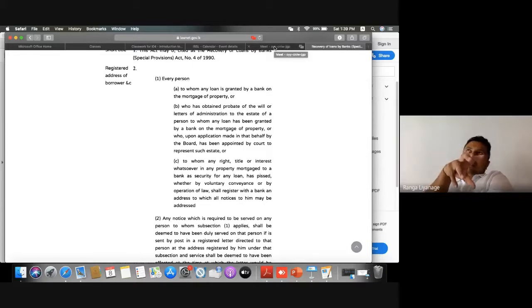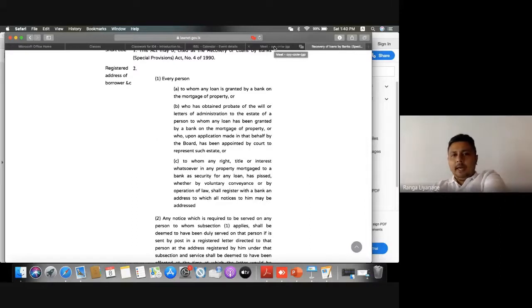If the mortgaged property is, let's say, owned by husband and wife, the husband is the borrower, no children, and the husband died, and the wife is living there in the mortgaged property, then she becomes the borrower as well, right? To whom any right, title, or interest whatsoever in any property mortgaged to a bank as security for a loan has passed. So the property which has been mortgaged to the bank should be passed to this particular person, which they explain under this limb